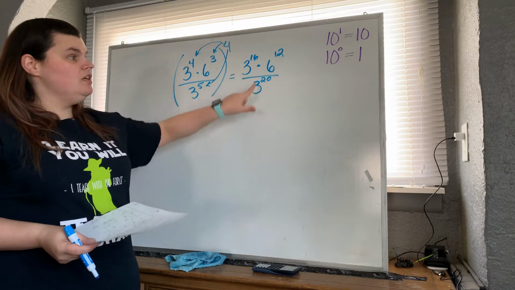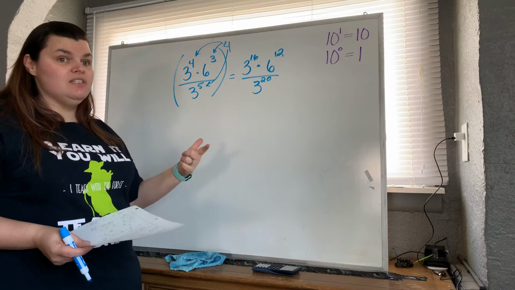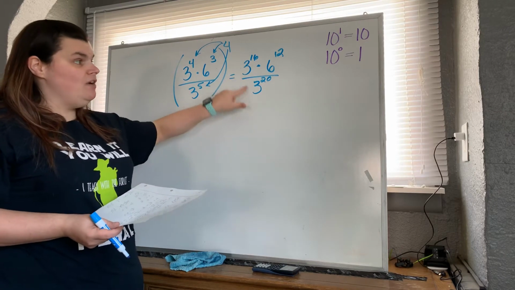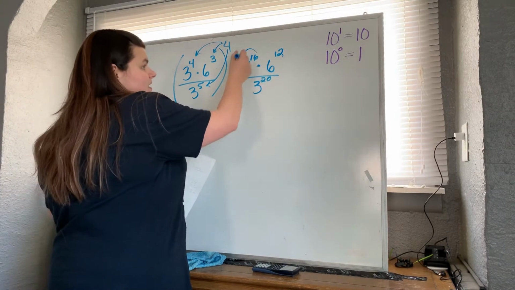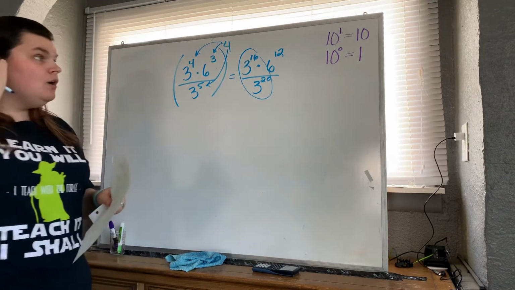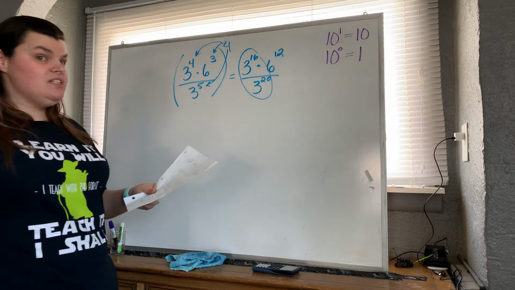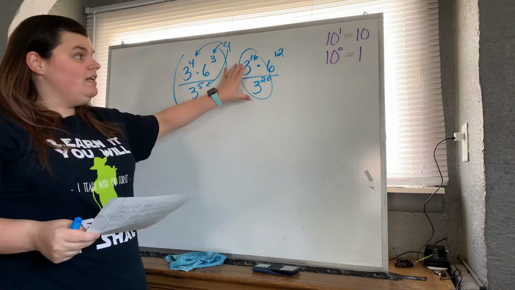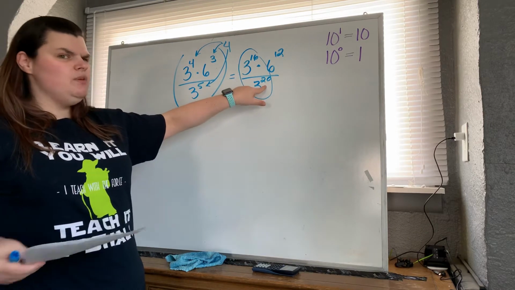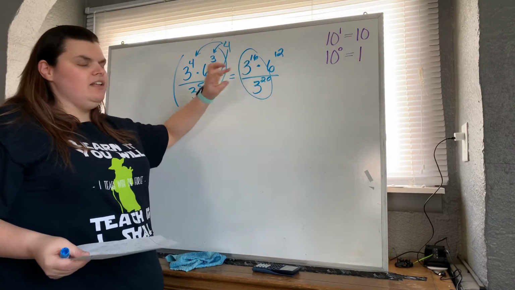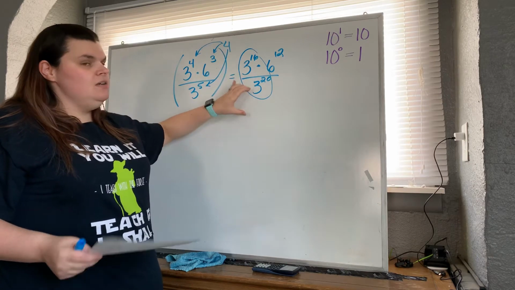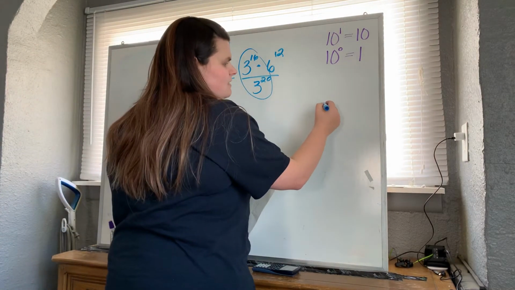Then I'm going to look and see, do I have any that have the same base or the same exponent that can be combined further? And I do. I have 2 here that have the same base. All right, so we're going to talk about negative exponents in the next part of the video, but right now, because if we did 16 minus 20, we'd get a negative. Right now, we're just going to look at it like this. Where do I have more 3's? Because remember, what I'm doing is canceling out,